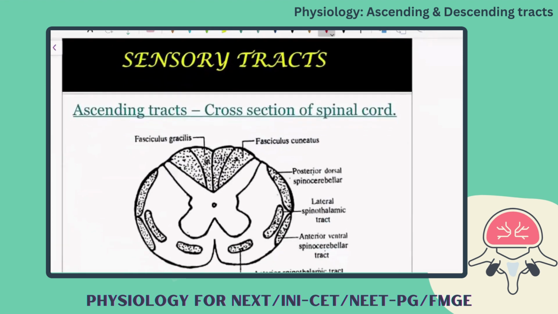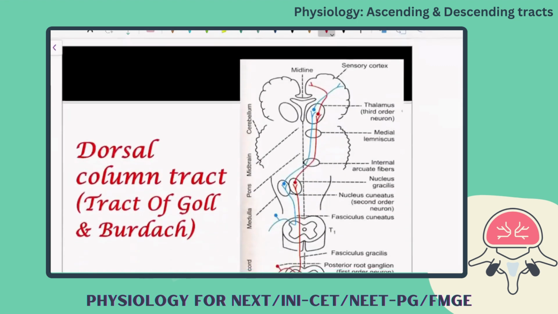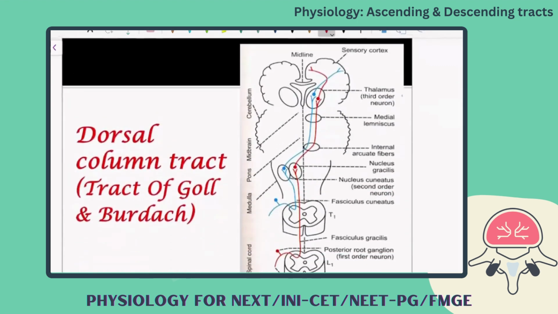Sensory tracts. Ascending tract, we are going to see the ascending tracts. We have seen the neurons which are responsible for the spinal cord tracts. We have seen the localization where the spinal cord tracts are present in the spinal cord. Now we will see the pathway. The first one in the sensory tracts, that is ascending tract, we are going to see is the very important